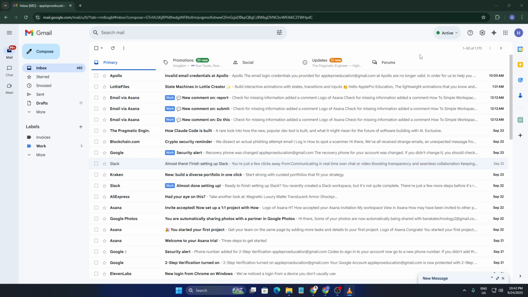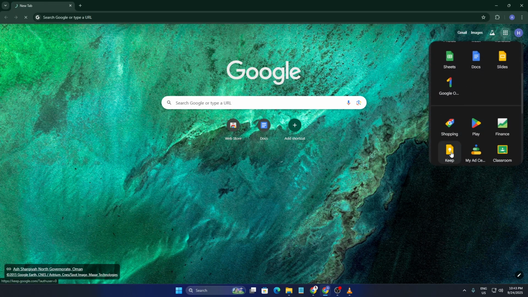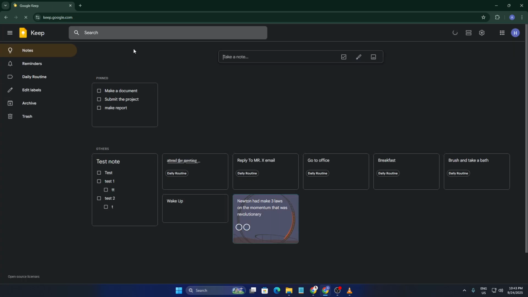Today I'm going to show you how to use labels on Google Keep, a simple yet powerful way to keep your notes organized and easily accessible whenever you need them. By the end of this video, you'll have a system that saves time and keeps your ideas, tasks, and reminders